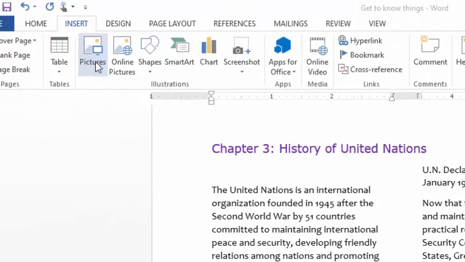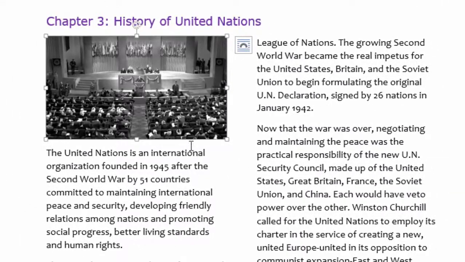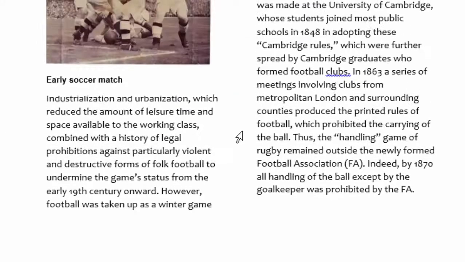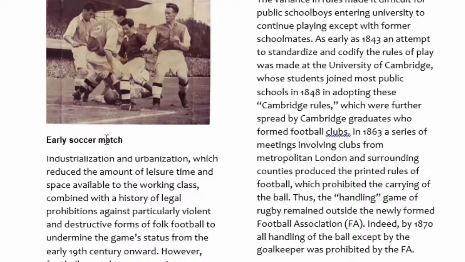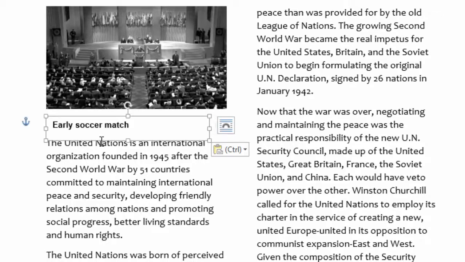I will click insert picture and choose picture of United Nations Conference in 1945, and I will add my caption below it. I will get my text boxes here. Remember, for the caption, just ensure it is not blinking, and Control C to copy it, and ensure these edges don't block any text of your paragraph. I will scroll, come to below this picture and Control V to paste, and ensure the text box doesn't hide